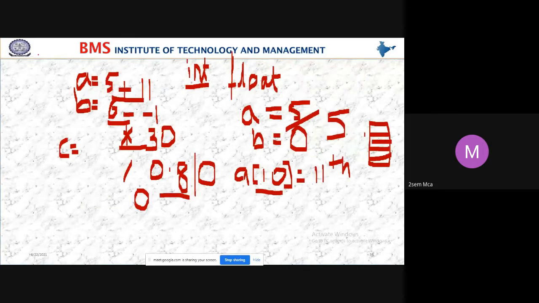Just here I told you that A is equal to 5 and B is equal to 0.